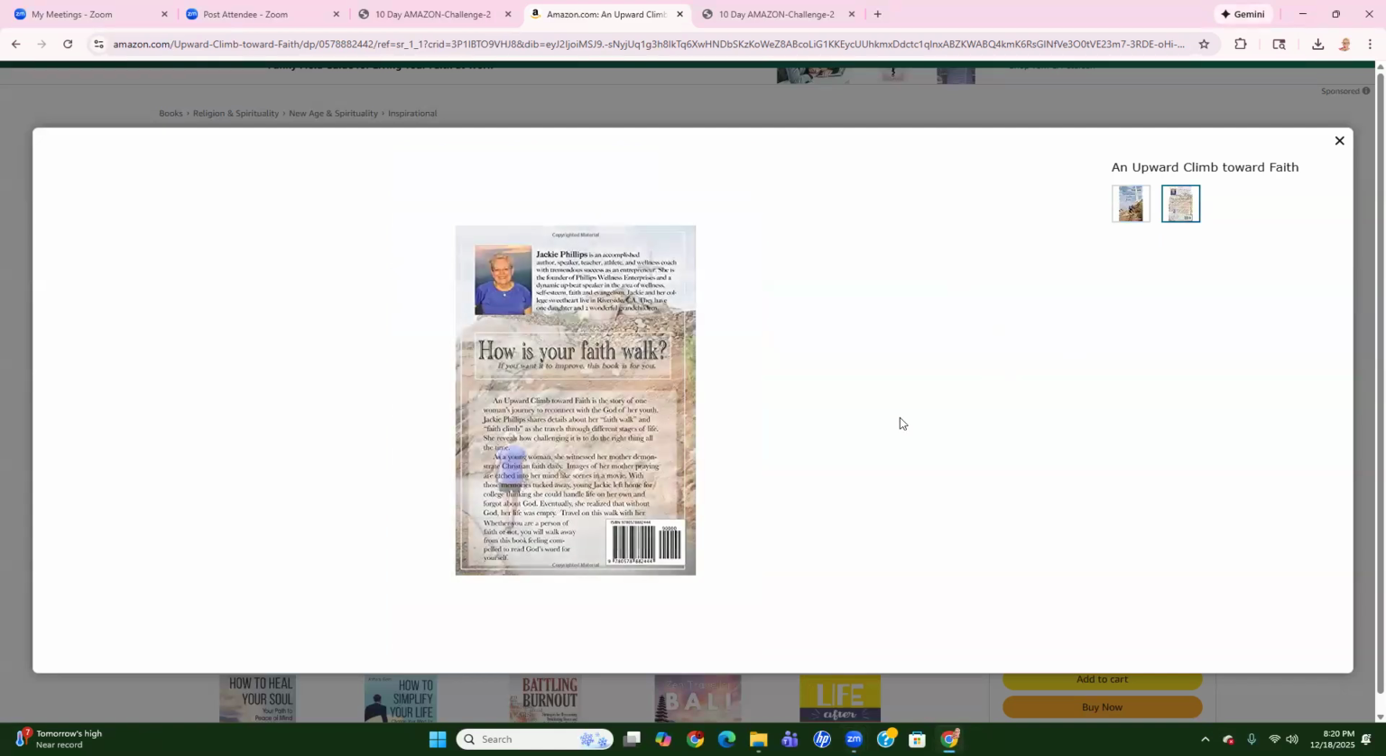And I'll read the back of the book for you. She says, how is your faith walk? If you want to improve it, this book is for you. An Upward Climb Toward Faith is the story of one woman's journey to reconnect with God, the God of her youth. Jackie Phillips shares details about her faith walk and faith climb. As she travels through difficult stages of life, she reveals how challenging it is to do the right thing all the time. As a young woman, she witnessed her mother